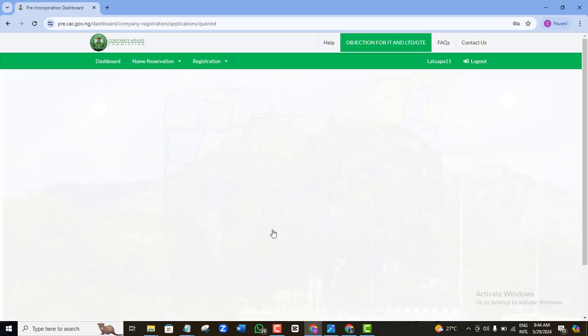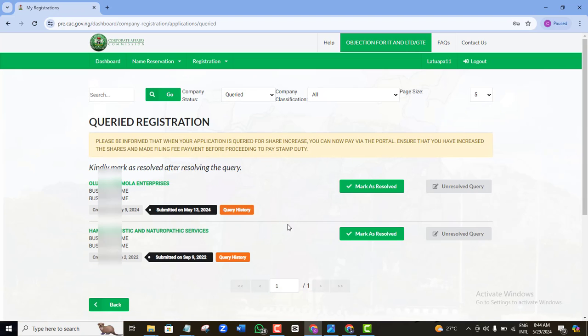You want to click on that box, and then it's going to bring you to a page that looks like this. And then what you want to do now is that, for example, for this particular account, this person has two different business names that are queried. So in most of the cases, yours will only be your home business name, which should be one, of course. But if you have more than one, all you need to do is just go to the particular registration that you want to fix. So let's assume that I want to fix this particular one.